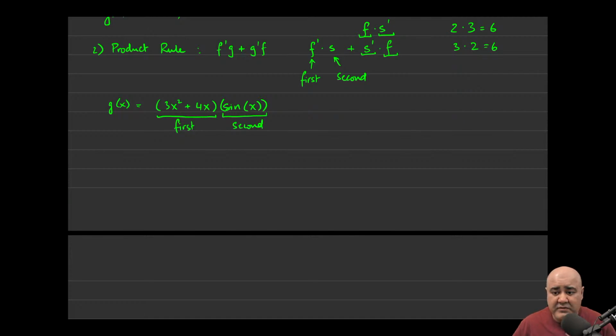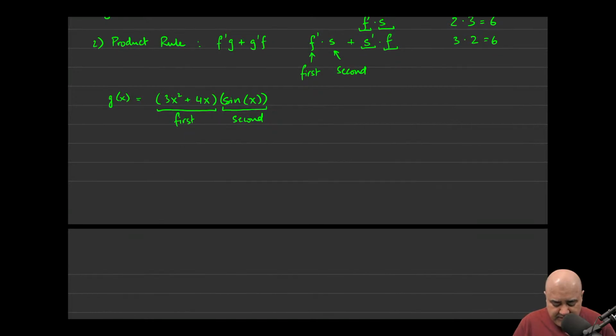Hopefully you remember the derivative of sine x is cosine x. If not, we'll review it when we get to trig functions. But for now, I'm going to assume that you know it. G prime of x is really quite simple if you follow the recipe. It says the derivative of the first. So the derivative of the first function that I see, 3x squared plus 4x, is going to require us to